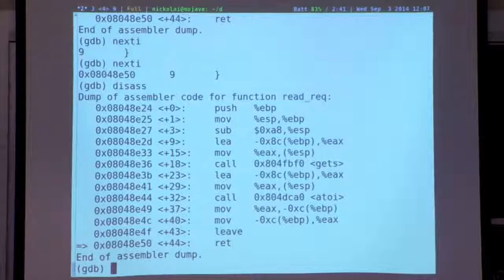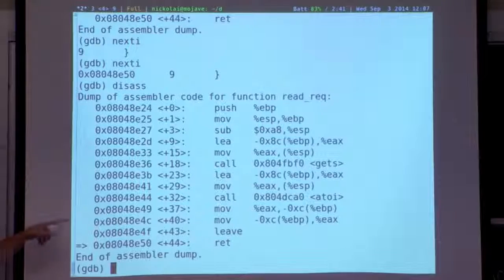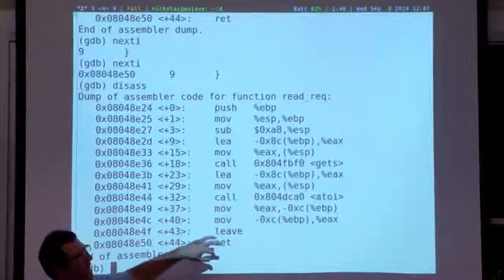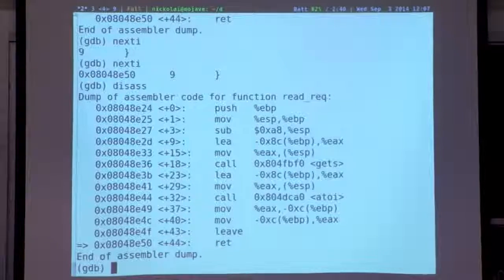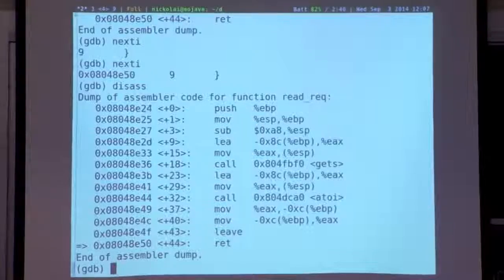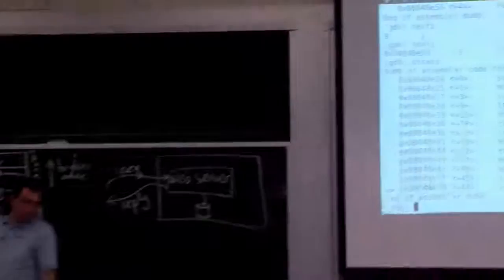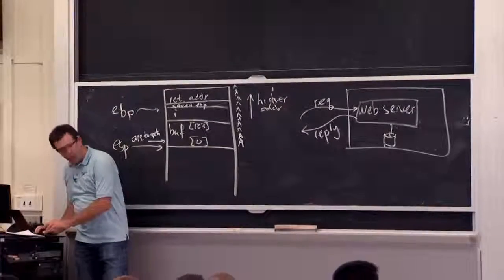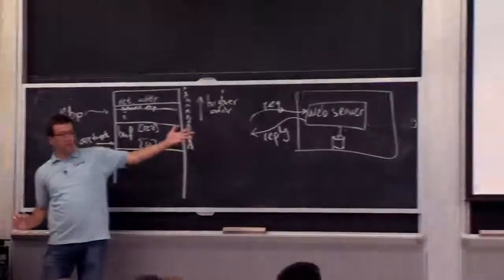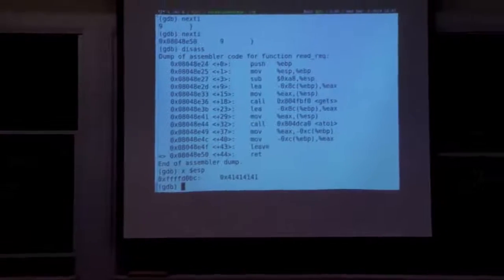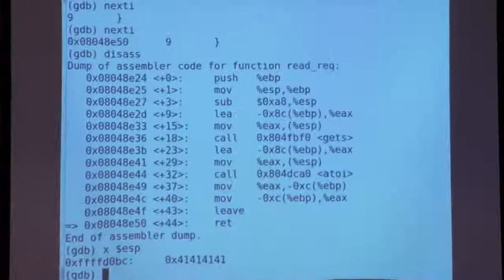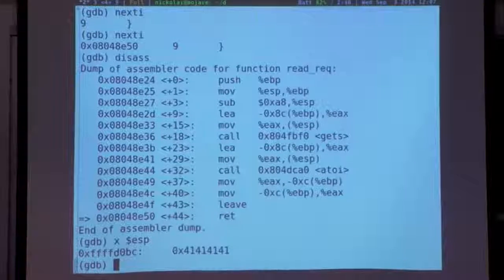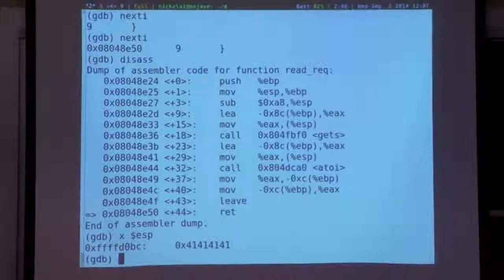And as you can see, at the end of the function, it runs this leave x86 instruction, which basically restores the stack back to where it was. So it sort of pushes the stack pointer all the way back to the return address using the saved EBP. That's what it's basically for. And now the stack is pointing at the return address that we're going to use. And in fact, it's all A's. And if we run one more instruction, the CPU is going to jump to that exact memory address and start executing code there and crash because it's not a valid address that's in the page table.